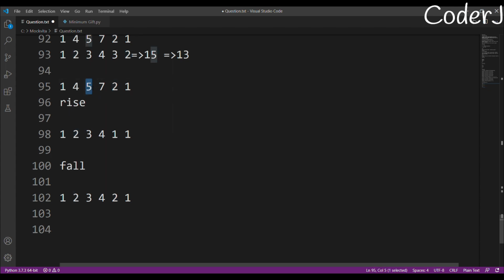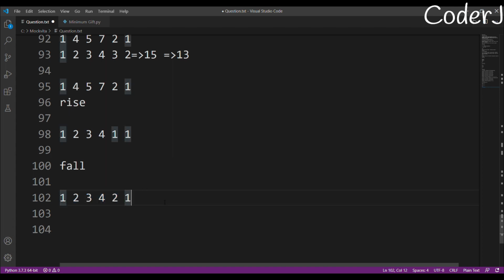You compare the value of rank 5 with rank 7. It's smaller, don't do anything. Rank 4 with rank 5, current rank is smaller than the next rank, don't do anything. We'll only do something when the rank of the current element is greater than the next element. Since it's a fall, I am only checking for those elements which have a greater value than the next element. So this is how I calculate my fall part, and this is the answer.